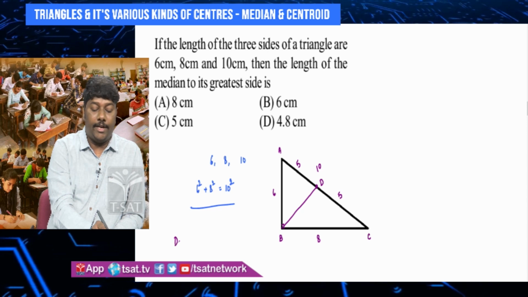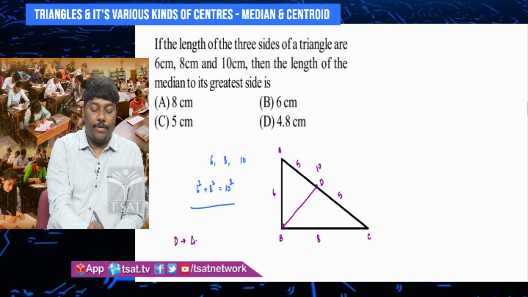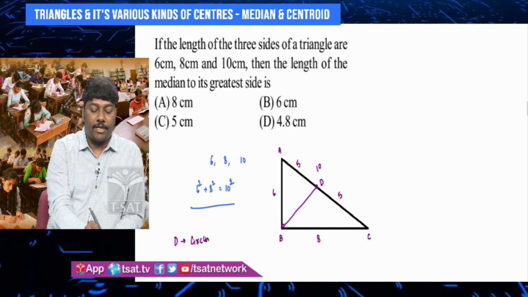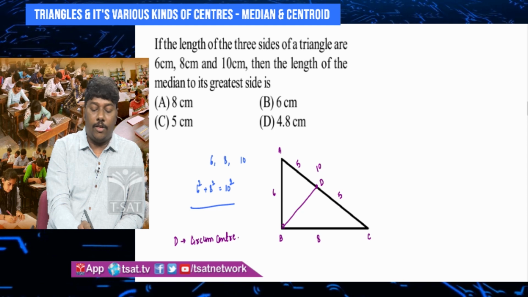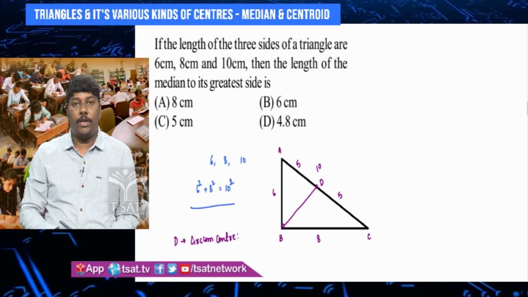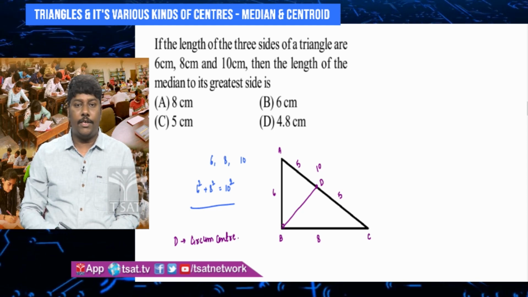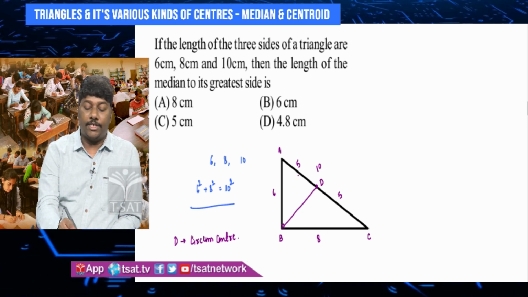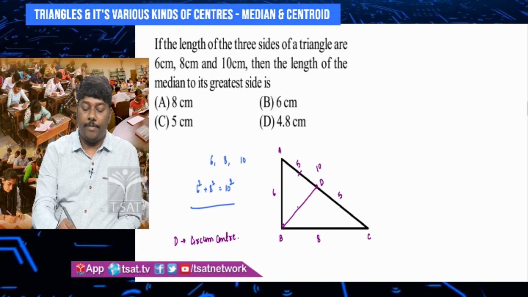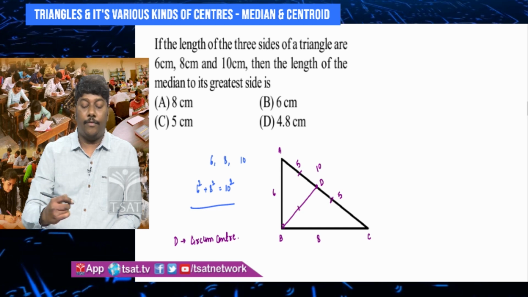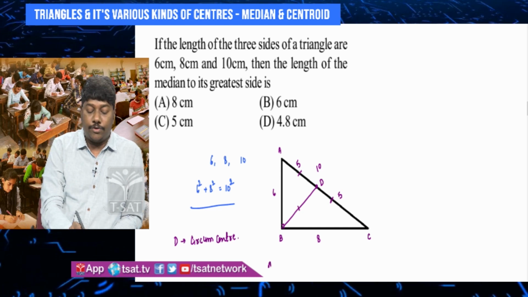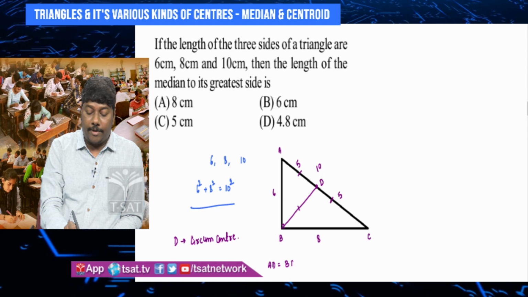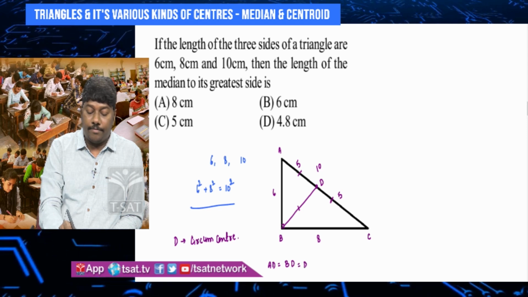And we also know one more property about circumcenter. Circumcenter is always equidistant from all its vertices. Now what are the vertices of a triangle here? A, B, C. So it must be equal distance from A and B and C. Therefore we know AD must be equals to BD and it must be equals to DC, which is